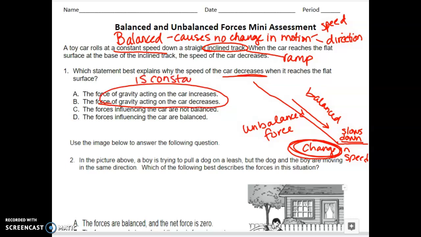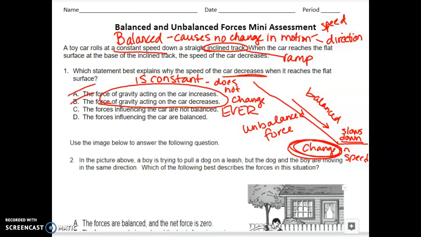It does not change ever on Earth. Unless you were to get off of Earth and go to the moon or go to Jupiter, then gravity will increase or decrease. But gravity doesn't change just because you're at the bottom of a hill or at the top of the hill. So those are